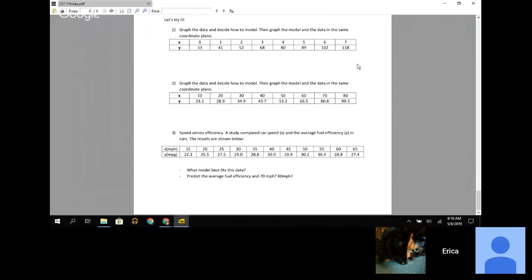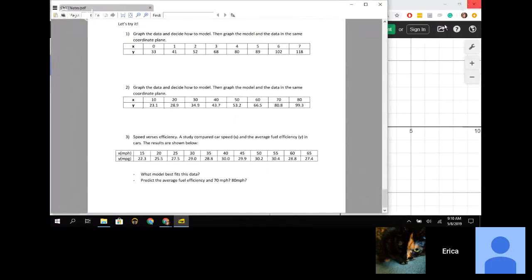And so what I want to do is I want to talk about this example here. I know you don't have this paper, but let's say that we had someone,